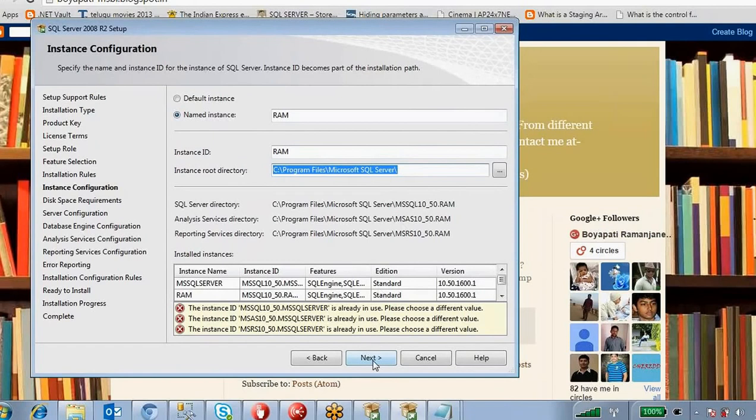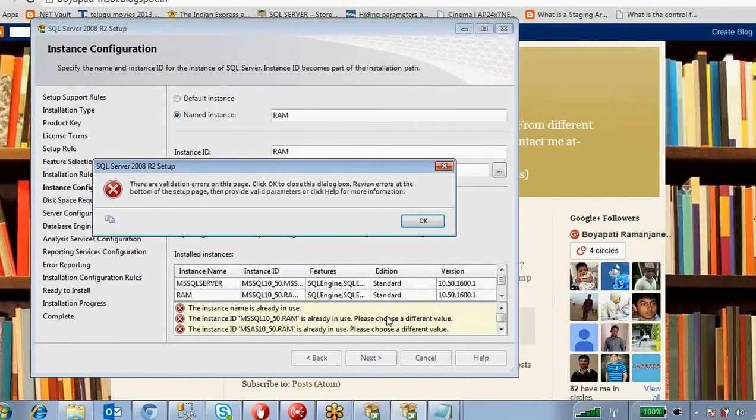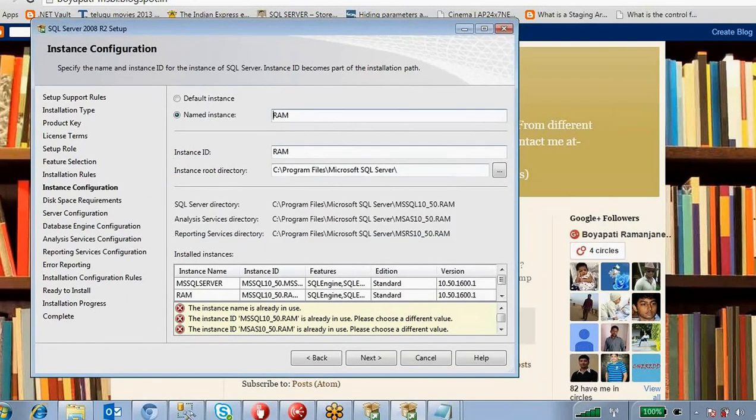Okay, then click next. There are validation errors. Yes, this RAM also exists, so I want to use the MSBI instance, caps MSBI. Okay, click next.